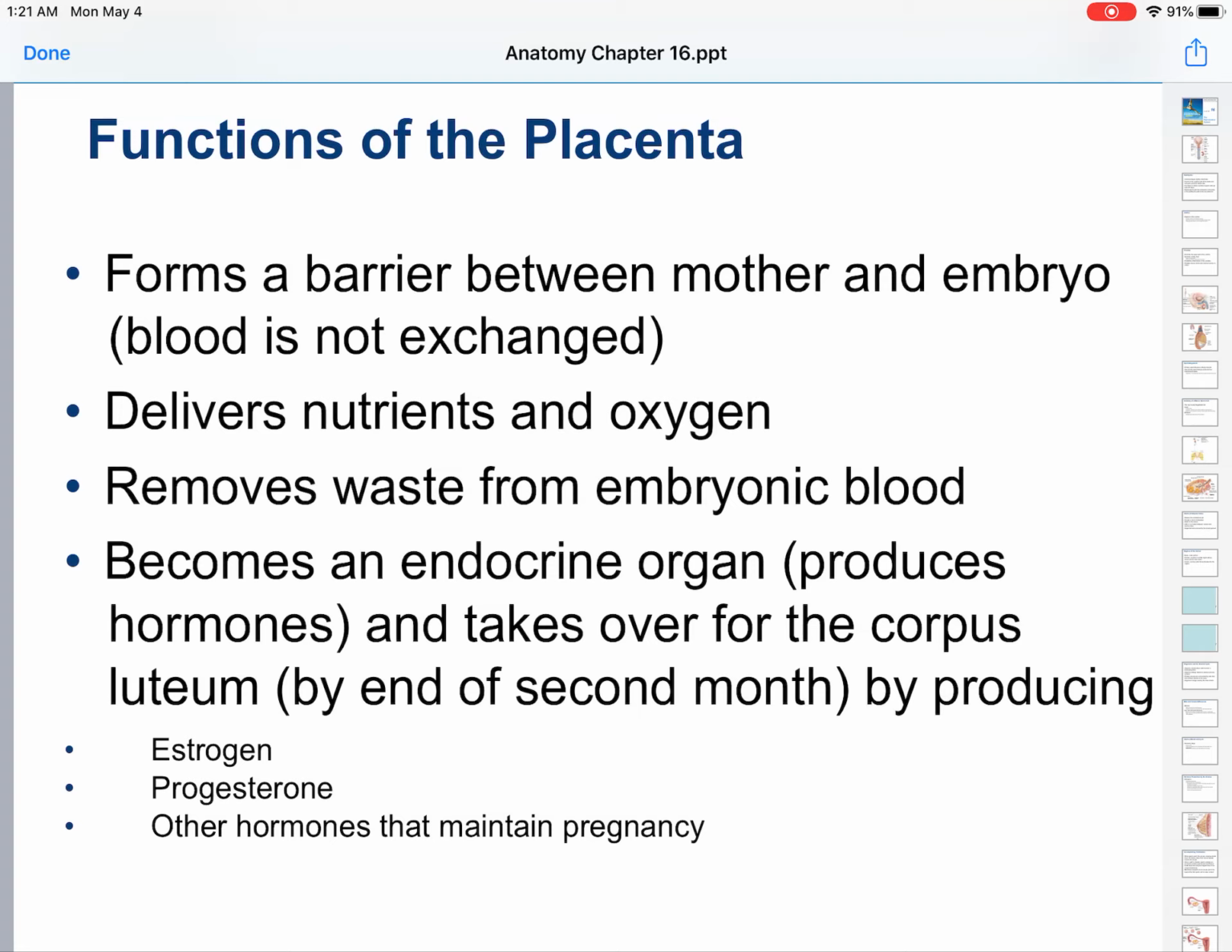Functions of this placenta that the umbilical cord is attached to. It forms a barrier between mother and embryo. However, blood is not exchanged. If you will remember when we talked about blood, one problem is the Rh disease, hemolytic disease of the newborn,